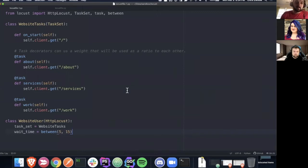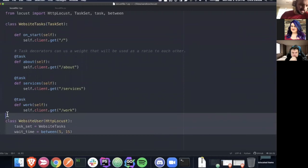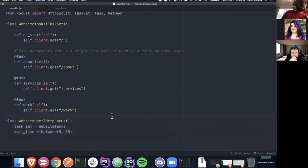So again, I mentioned that all of the LOCUST tests are written in Python. Again, I'm a fan. This is great to have some of our engineers or our QA folks learn. These are skills that they can take and work on other Python applications or use with other tools. Again, big fan of Python. But the core of it is we have to define our basic website user class. And it's going to basically just give it some kind of meta information about what our